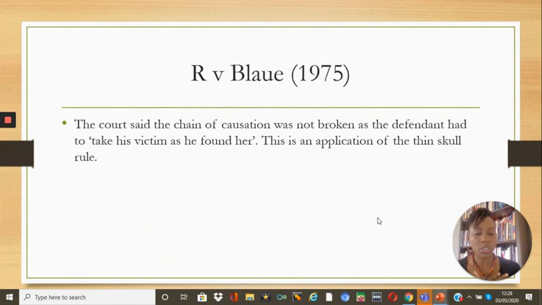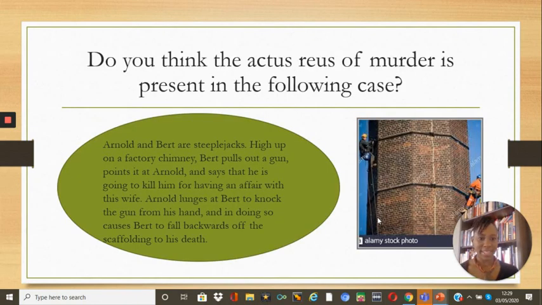So that's it, because our aims were to look at the definition of murder. Our aims were to look at the actus reus of murder, which we've done, and also to look at causation, factual and legal causation, and the intervening event, or novus actus interveniens. So we've looked at that, and we've looked at some cases which hopefully help you to understand all those different principles. I'm going to set you a little task, and the task is to decide if you think the actus